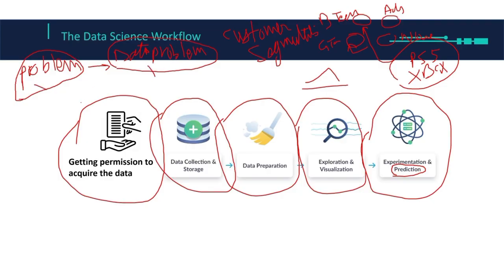This is the data problem. I'm going to get the permission from the company to get the data, and then they're either going to give me access to their database, or they're going to give me a data set. Basically, database, let's say this is the database. Okay, let's say this is the database from a university,